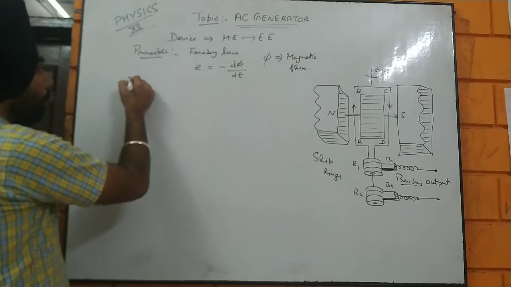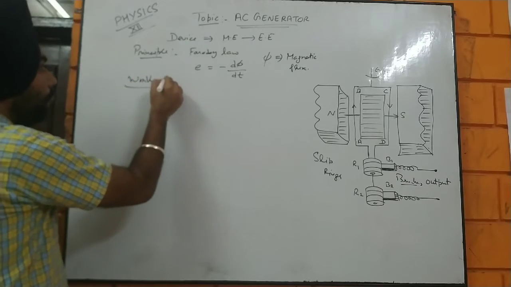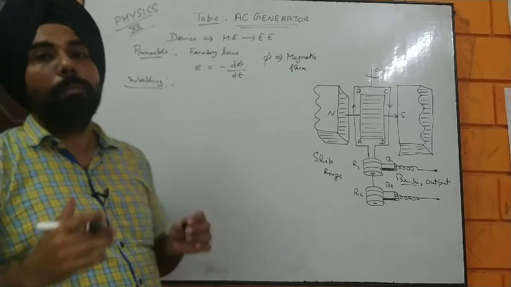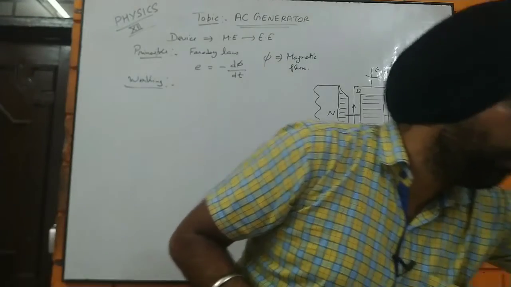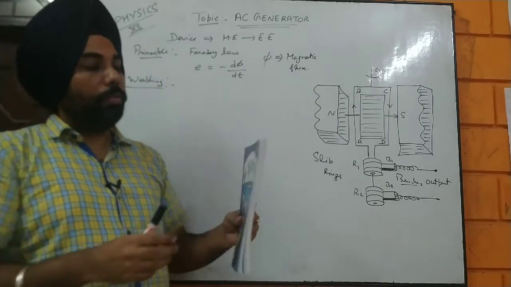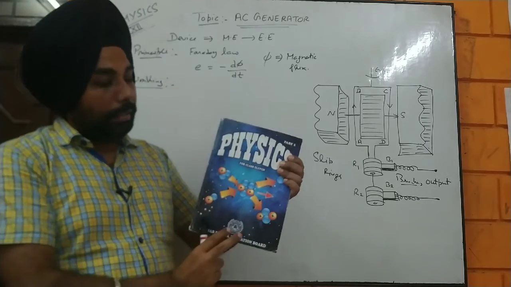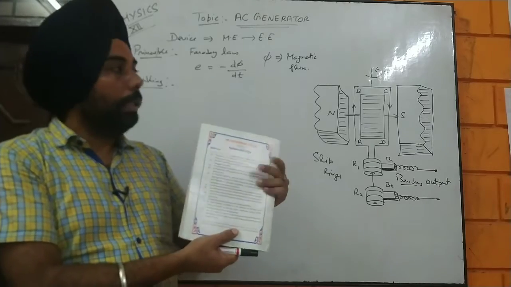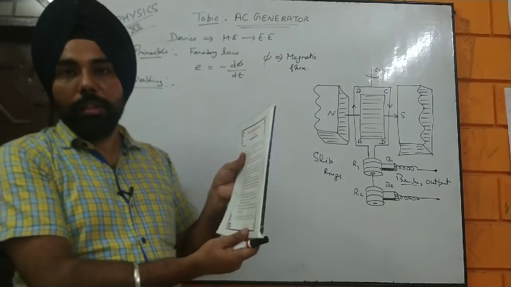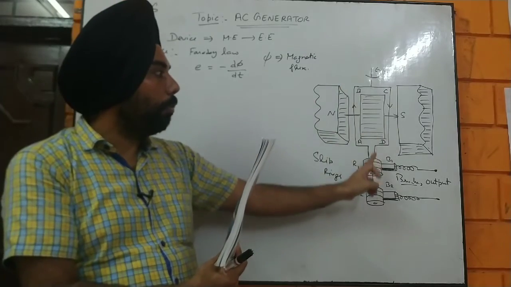So what is going to be the working of a generator? That is a very important part. As you know, the magnetic lines are going from north to south. That is our rectangular coil, and it has mechanical work which can move it in a circular path, around the axis we have provided here.